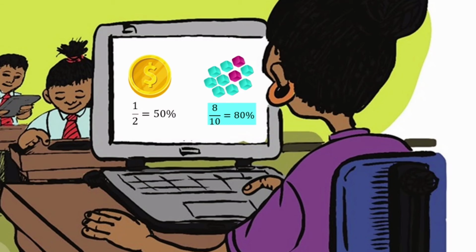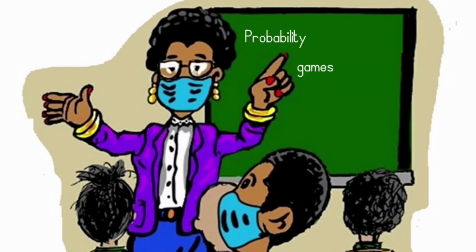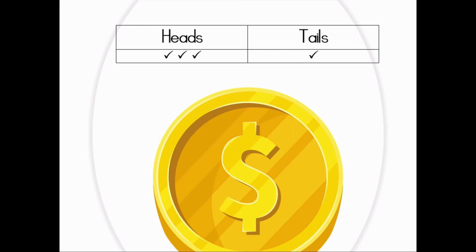There are some excellent videos on the internet that you could use to get ideas about how to teach this in your classroom. What the revised teaching plan does require is that children be given opportunity to play some probability games and through this, count and compare the frequency of an event occurring. These games can be done in different ways. You could have children play in pairs to spin a coin and count the results in a table.